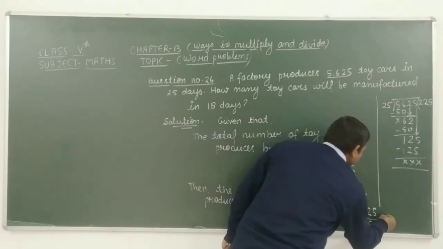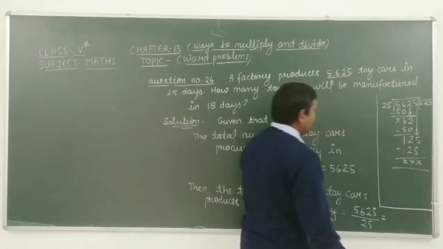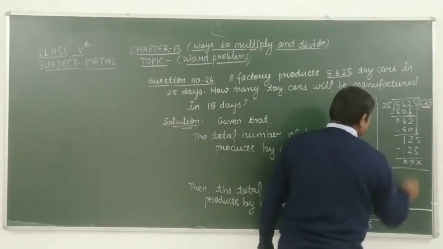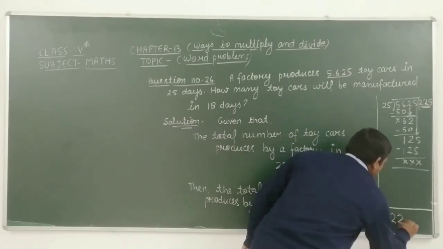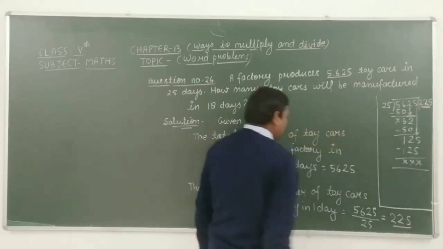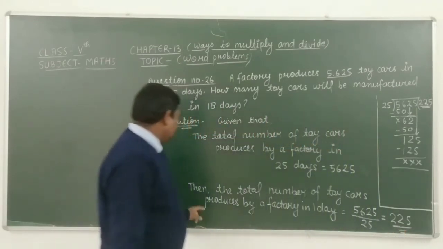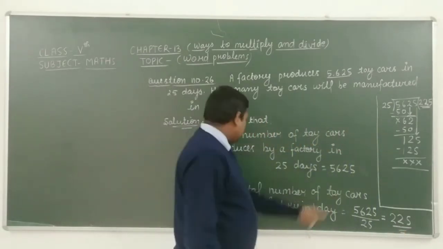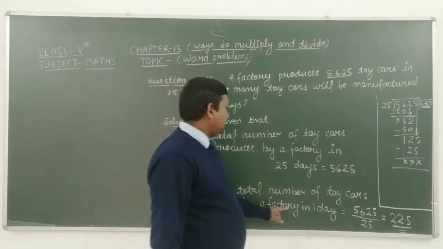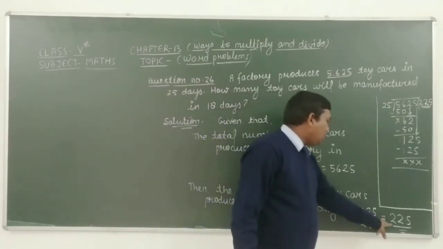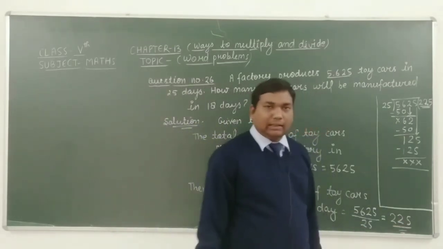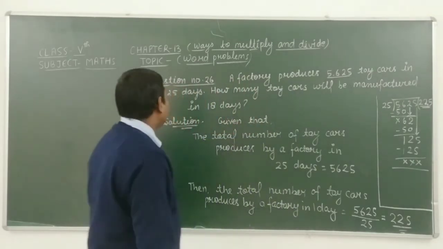Then we get 225. It means that the total number of toy cars produced by a factory in one day is equal to 225 toy cars. Okay, dear students,